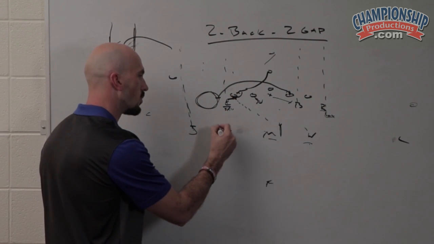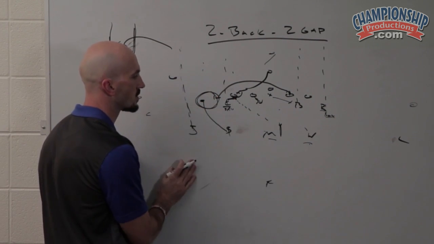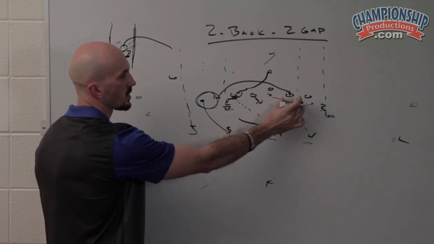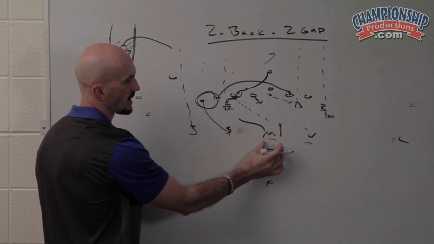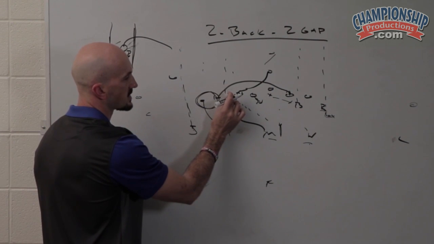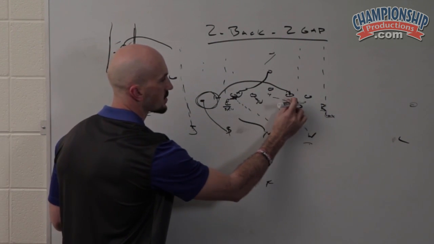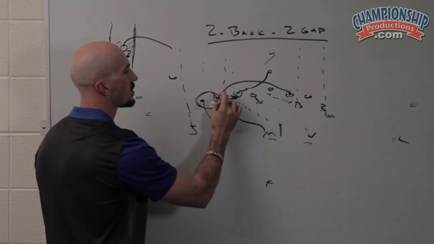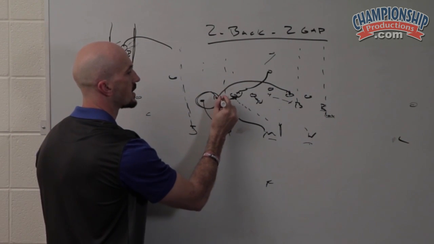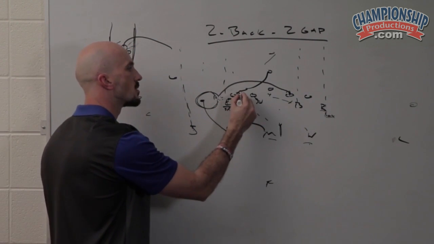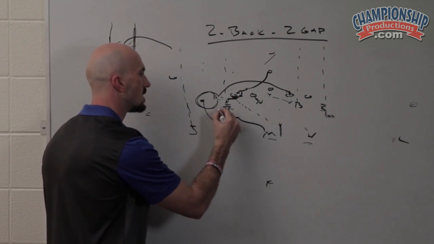So at that point, we want the shark to take on that shoulder. We want the Mike because he knows the ball's getting spilled. And again, they're relocating a gap, so we have to relocate a gap. This C gap is getting relocated one gap in. This gap's going one gap in. This guy's going one gap in, and he's relocating now to this gap right here. Okay, so he's relocating his gap by squeezing it down, going underneath that,